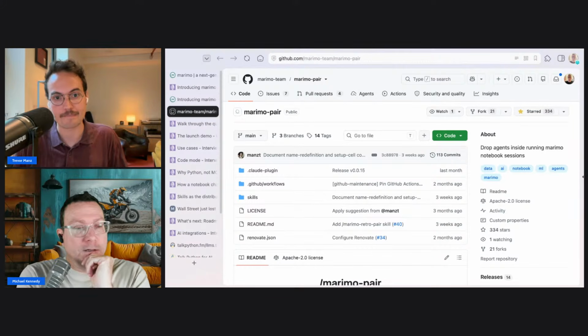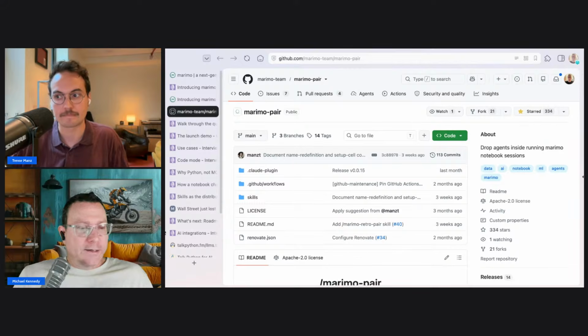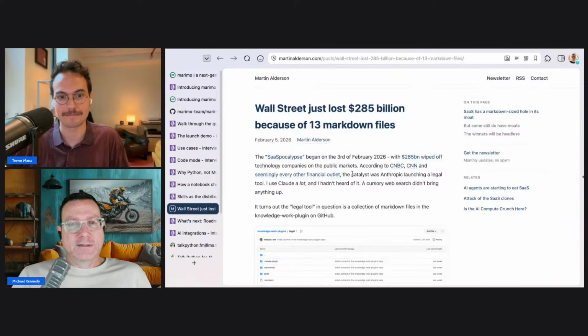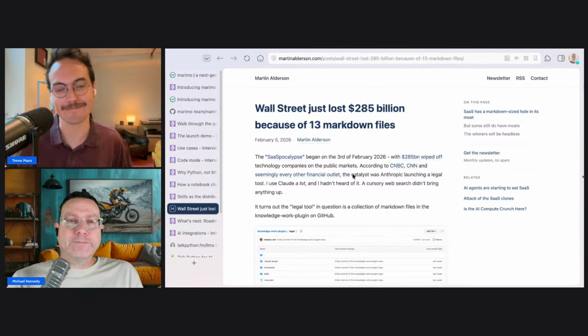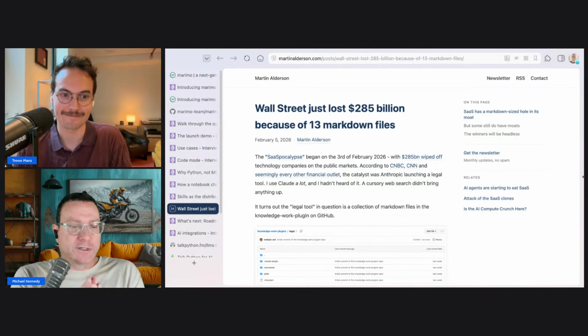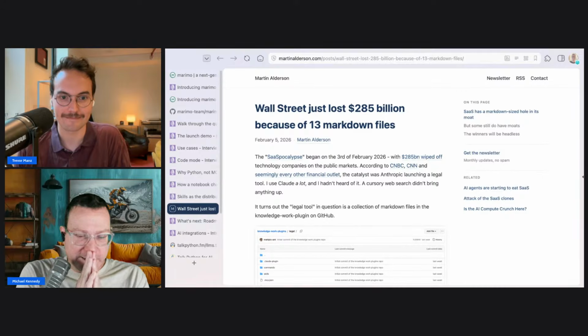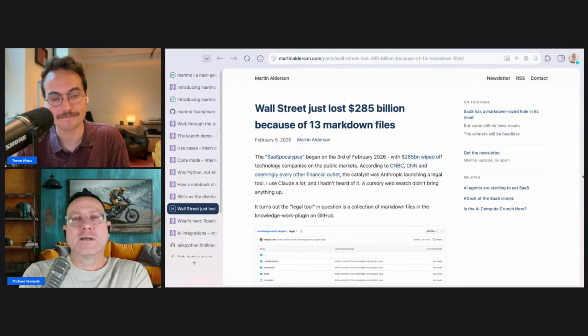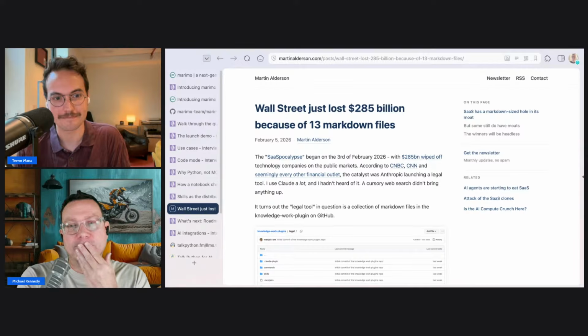Okay. Super interesting. And let's talk just really quickly about this distributing as a skill. I mean, there have been other attempts for notebooks that I've seen that are like, we're going to embed an LLM, or at least an LLM integration in the notebook. And it's interesting to see you shipping this as a skill plus a capability that's just in Marimo.